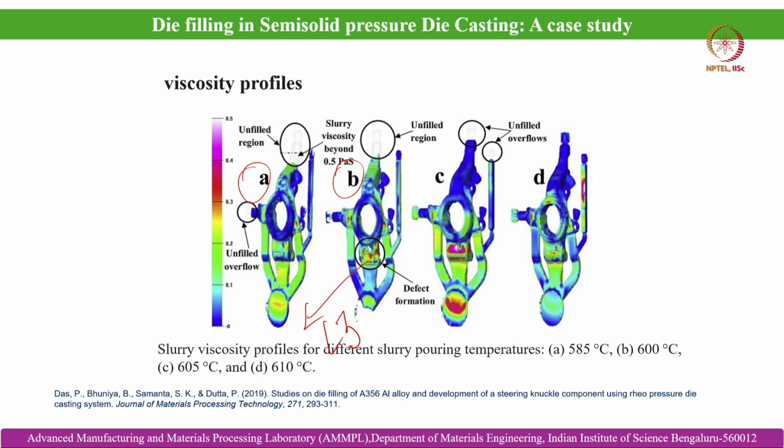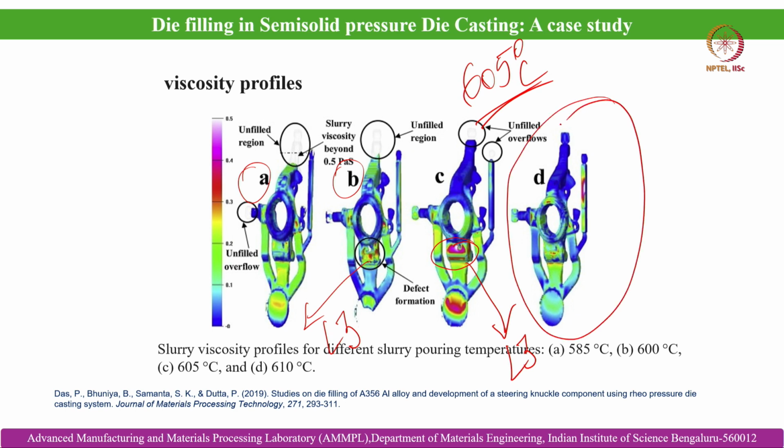Whereas you can see that although the viscosity is relatively high in this region, that means in case of leg 3, in case of 605 degrees centigrade, it is completely filled and there is no defect. Why? Because in this case the shear rate is enough to keep the viscosity in the tolerable limit, and the temperature and the solid fraction are more uniform. However, this section shows that there are chances of defect formation in leg 3 in case of 605 degrees centigrade as well, and hence it supports the earlier conclusion of not choosing 605 degrees centigrade as the ideal pouring temperature, whereas no such difficulty is observed in case of 610 degrees centigrade pouring temperature, which is also considered